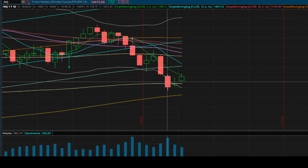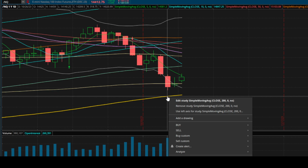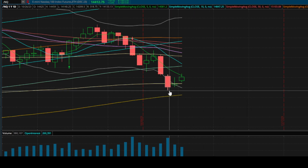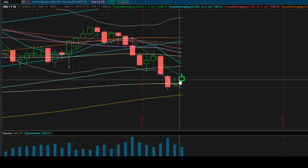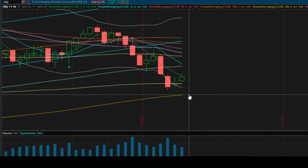And you can see where we stopped here on the 26th of October. We stopped in the middle of nowhere. We do have the 200-day moving average here. I would like to see this 200-day moving average get tagged. What I was realistically looking for today was a big exhaustion move down here to the 200-day moving average. And then from that, I would have liked to see the bulls actually step up and go red to green,